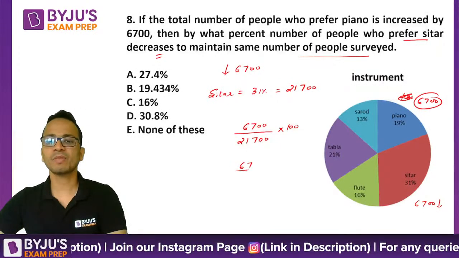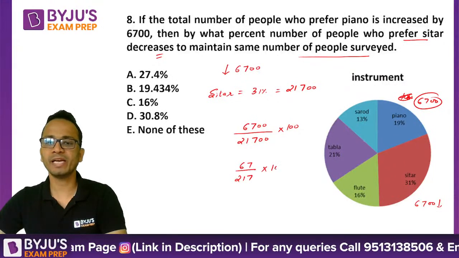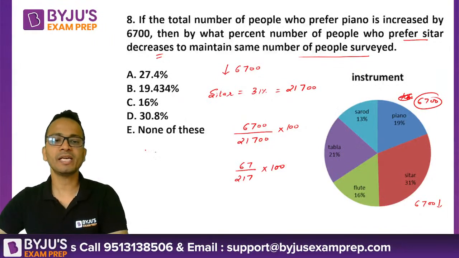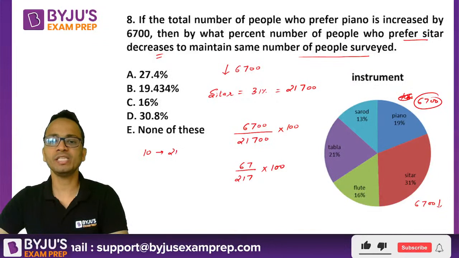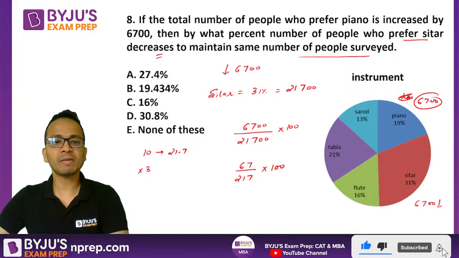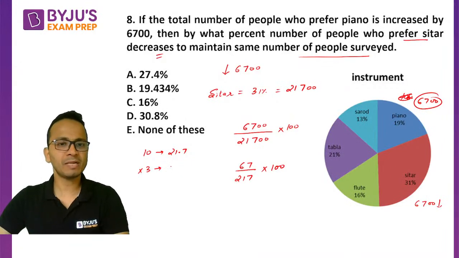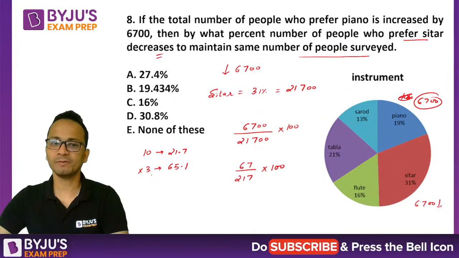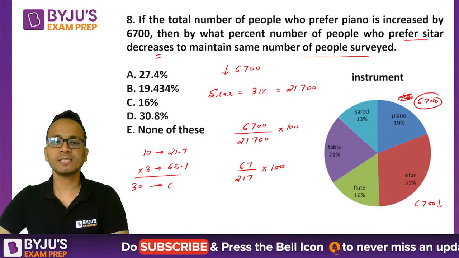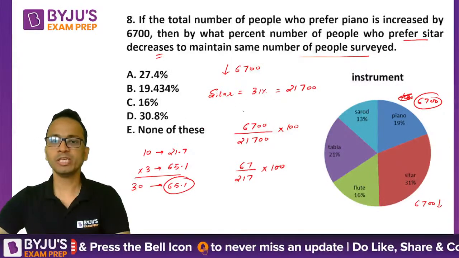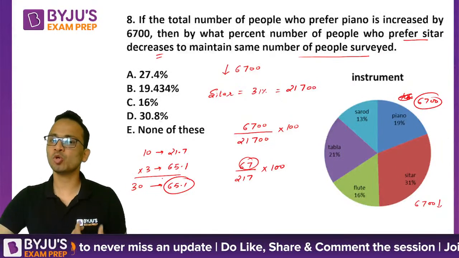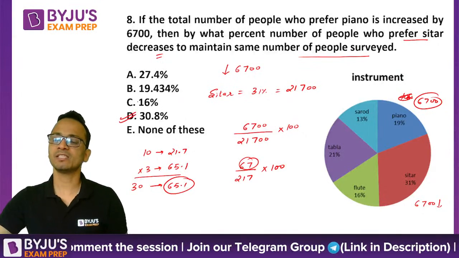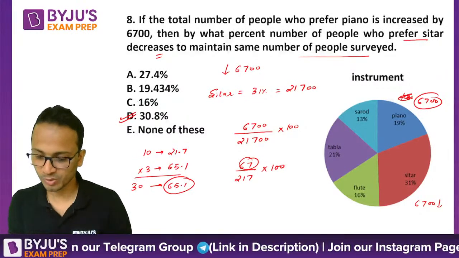So 67 upon 217 into 100 मैंने डबल जीरो हटा दिया. अब 217 डिनोमिनेटर है, इसका 10% कितना होगा? इट विल बी 21.7. इसको 3 से मल्टीप्लाई कर देते हैं. ओके, सो 3 से मल्टीप्लाई किया इसे तो कितना बन जाएगा ये? 63, 64, 65.1. सो 30% इज 65.1. मुझे निकालना है 67. सो 30% से थोड़ा सा ज्यादा होना चाहिए आंसर, राइट? सो द करेक्ट आंसर विल बी 30.8%. ओके,